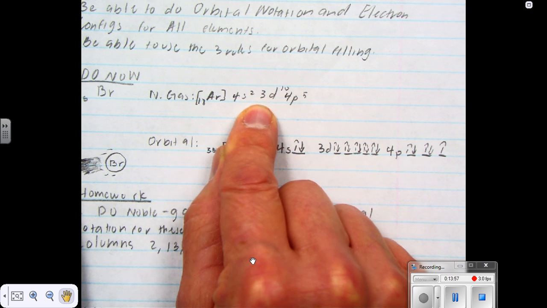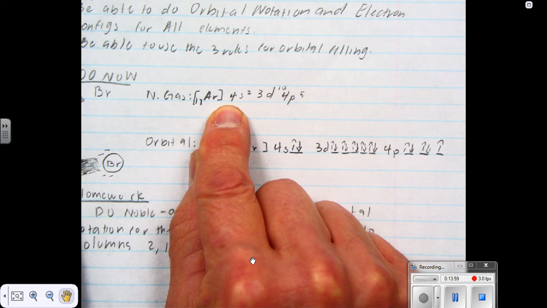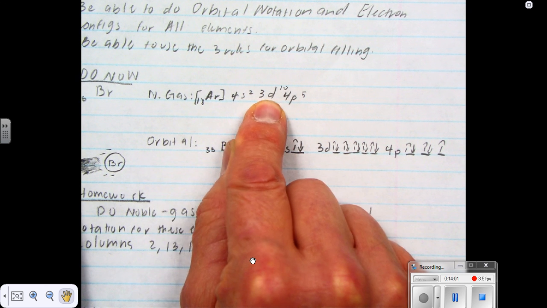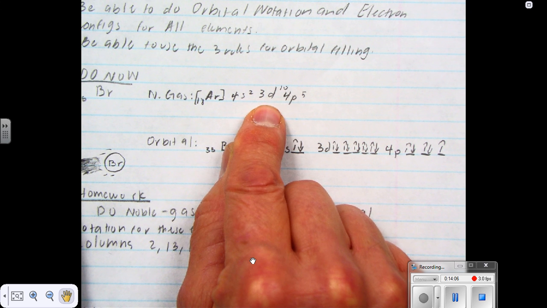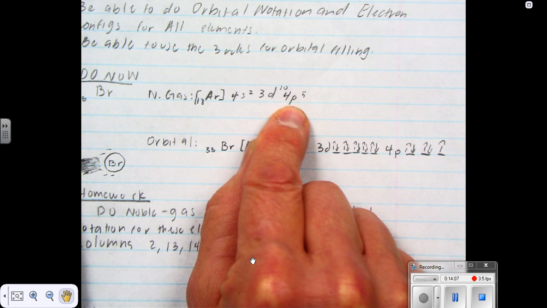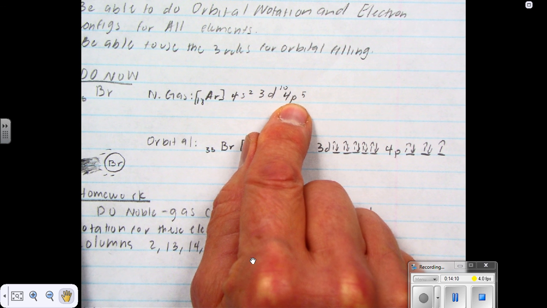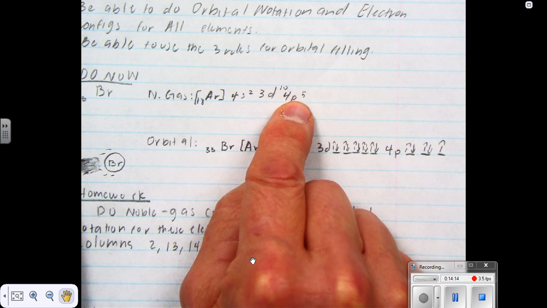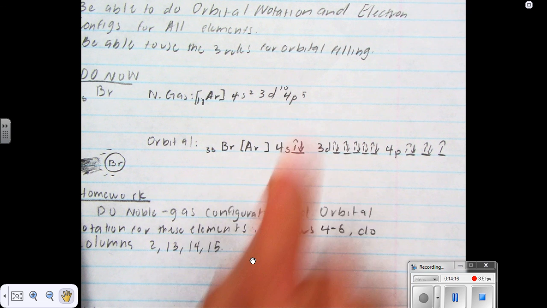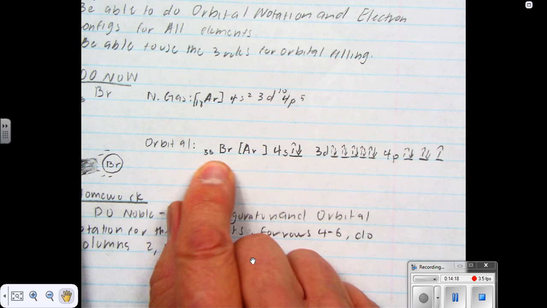The 3d, you'll notice that number is 1 below the row number. So that sublevel is actually in 3, but we write it here. And then we have 5 electrons across in the P, takes you to chlorine, which is why that 4p has 5 electrons. Then when we go to the orbital,